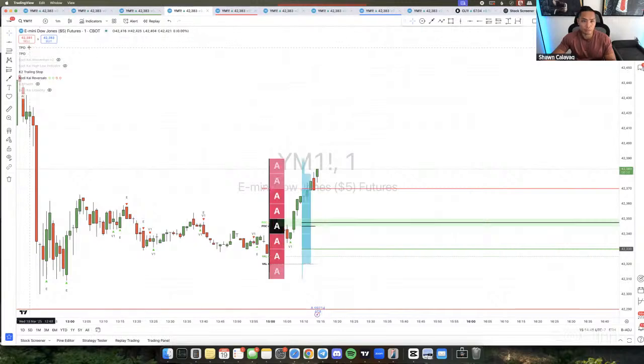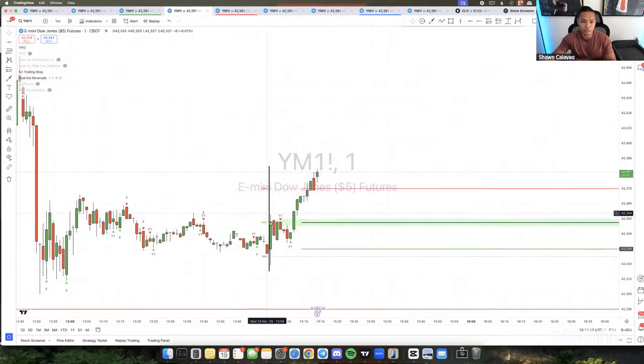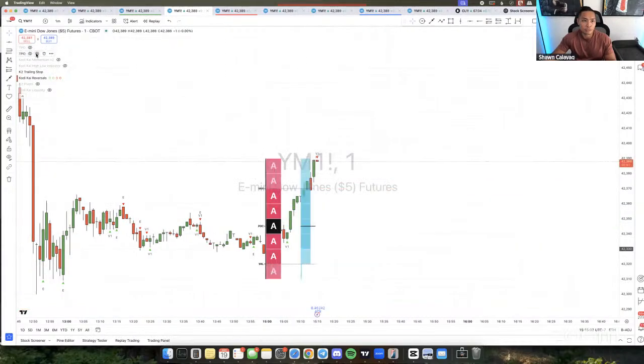It's pretty much the same thing, except I take off all the stuff that's kind of irrelevant for me, right? I don't really care about the volume. I don't really care about the blocks. All I care about are the bounce points. So that's why I have these right here to just show me the bounce points. To get these settings on your chart, you just need to go over here to the settings.